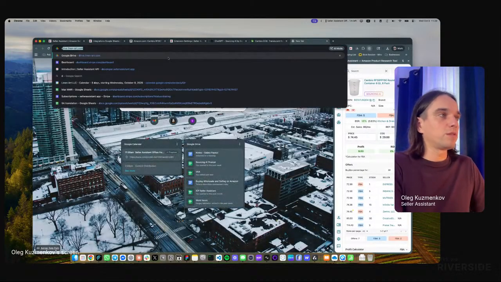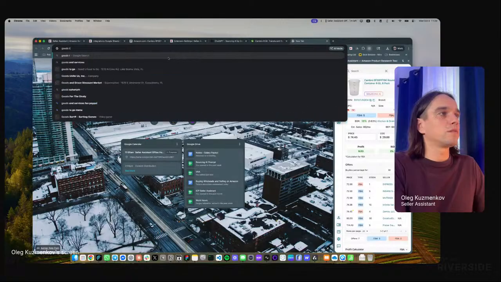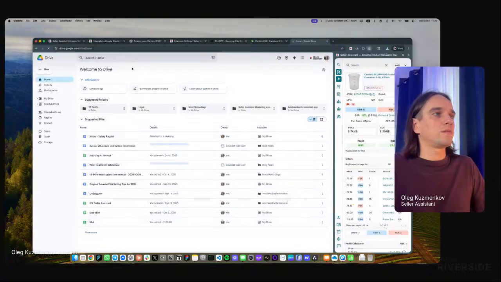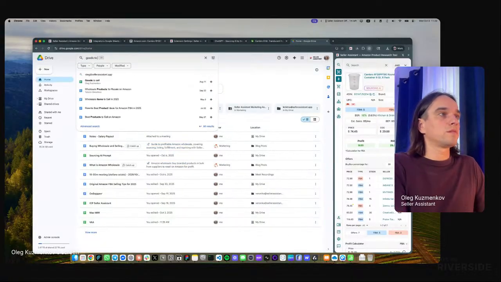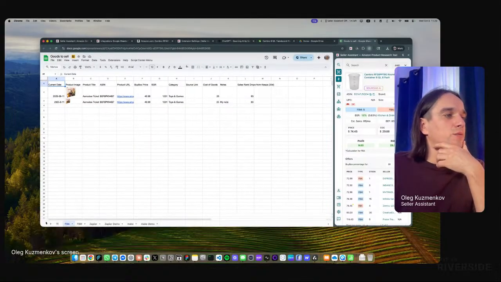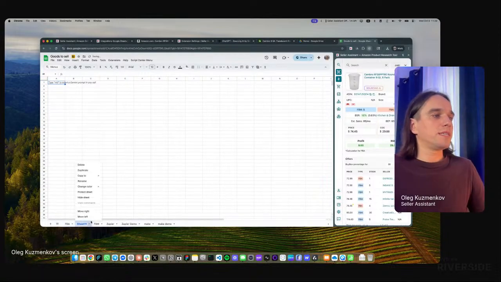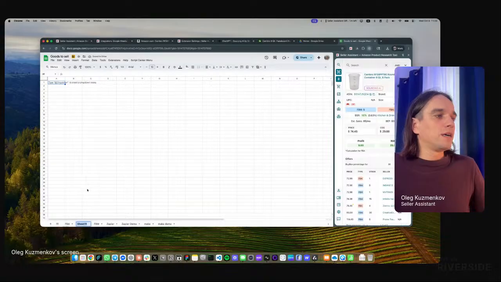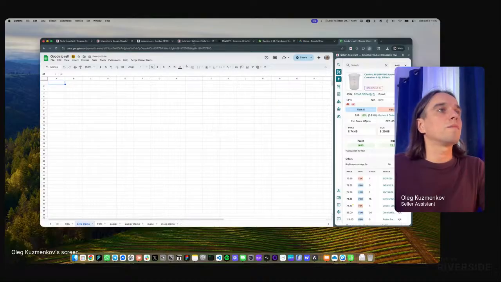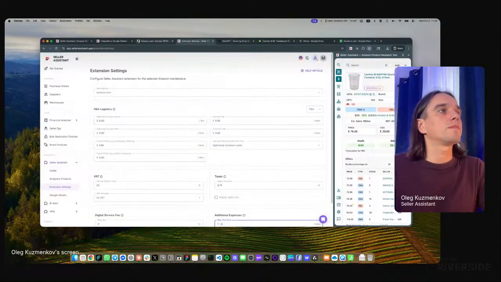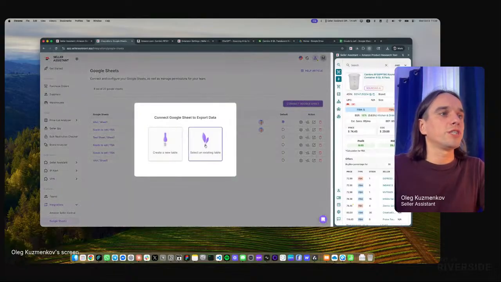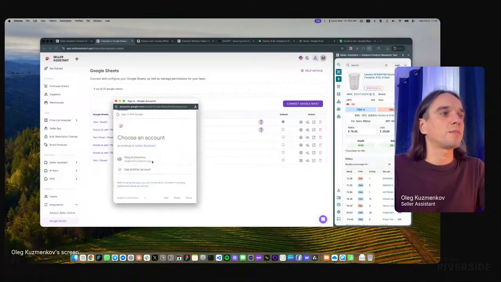Let me find it in my Google Drive. Goods to sell. And I'm going to add a new tab here. So let's name it live demo. Okay. So let's reconnect it. I have an existing Google Sheet, and I'm going to set it up for exporting the